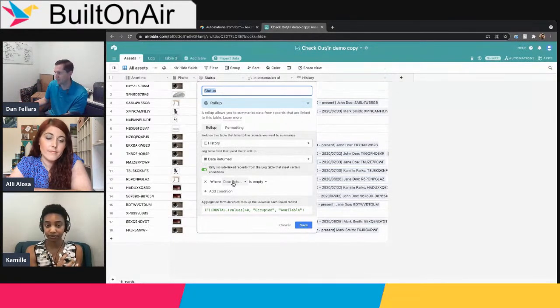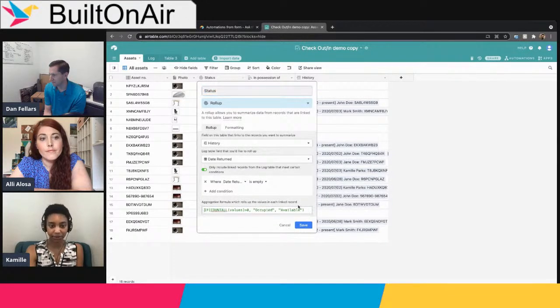If any one of those linked records doesn't have the date returned field entered, that means one of those records is still out, meaning that thing is occupied. So there's a little bit of logic to it, and that's applied within this roll-up field. It's using a trick that I use all the time, which is to combine a formula with a roll-up. It's not advertised, but we've talked about it before, that